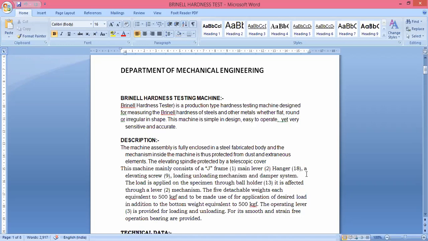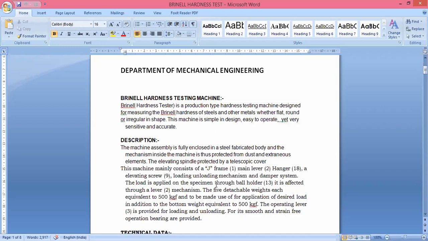An elevating screw is there, which we are showing you from the top, which lifts the workpiece up to the desired height so that it just touches the indenter itself. It should not produce any pressure over the indenter, but just touch it. And for the loading and unloading mechanism, I'm showing you the actuating rod, and inside there is a damper. It cannot be shown because it's totally closed.